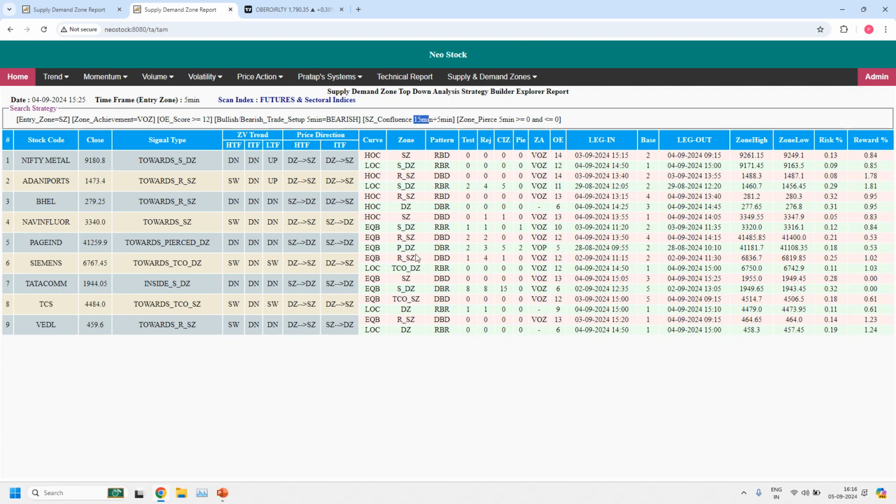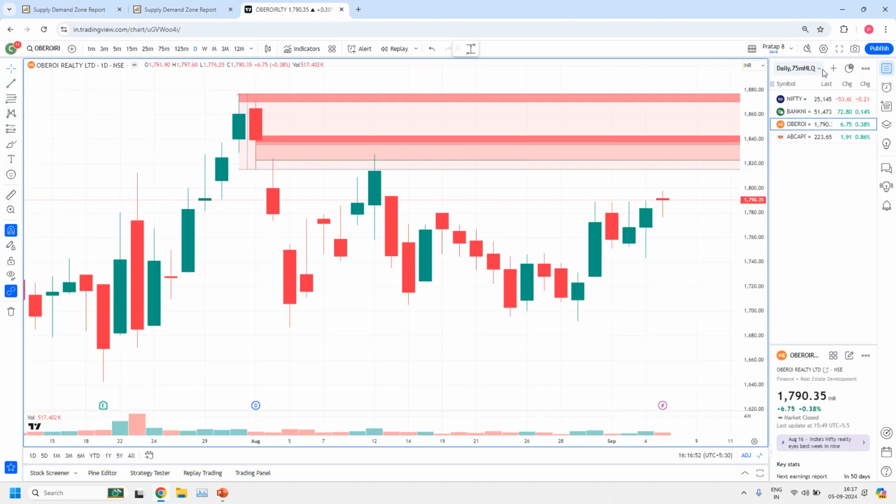First of all, bullish and bearish trade setups are the core strategies as part of the supply demand zone price action. They are very powerful strategies. How powerful they are, let me show you in today's live market trades. Because these are the trades we identified yesterday during the market hours. And all these trades I kept in